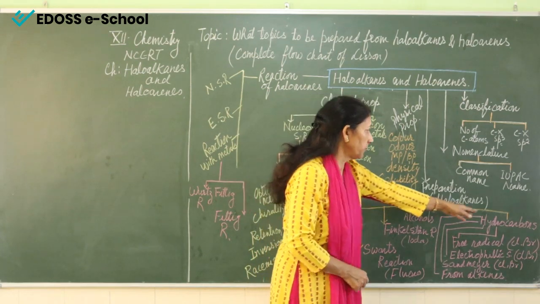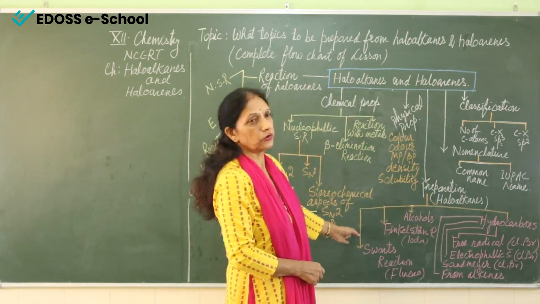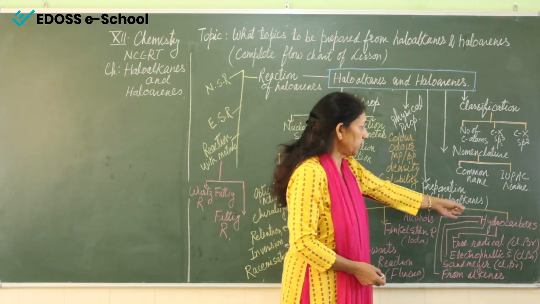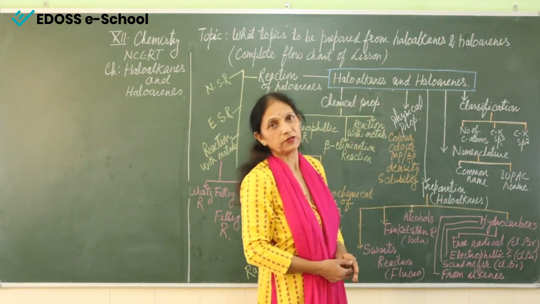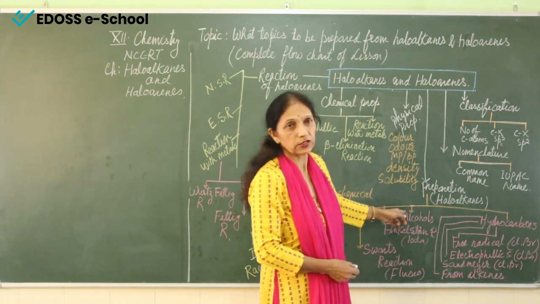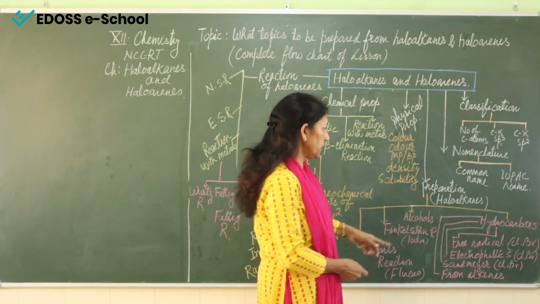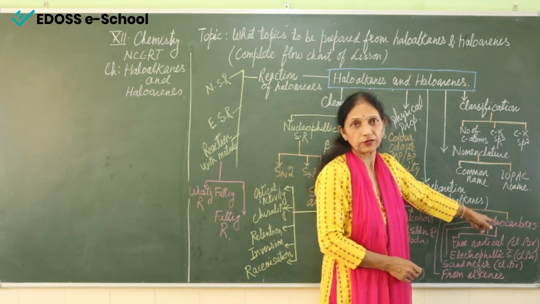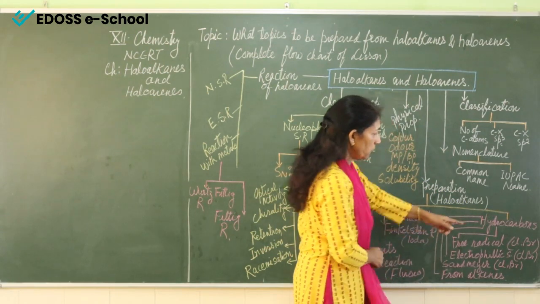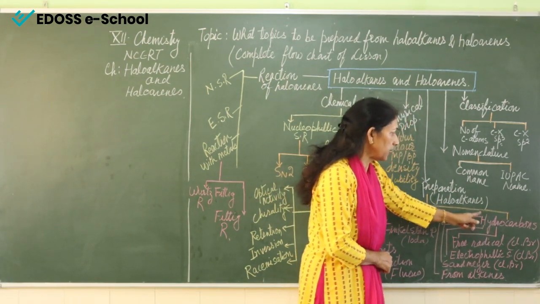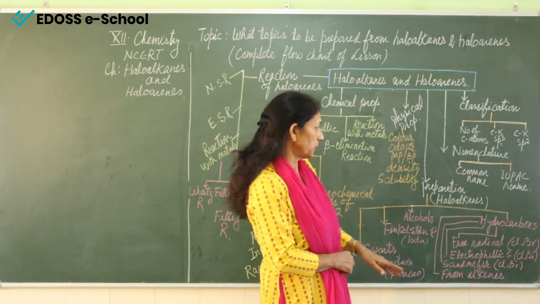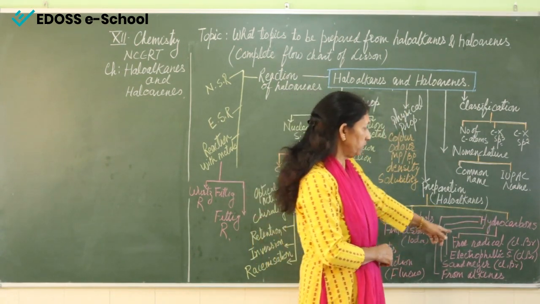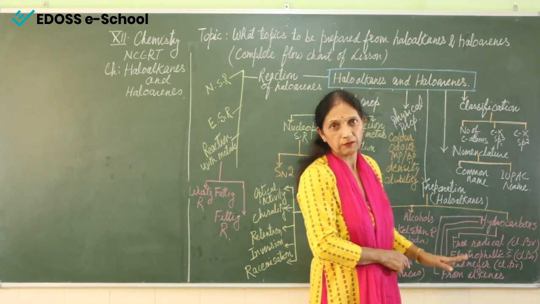So these are 1, 2, 3 and 4. These are 4 types, in which way we can prepare haloalkanes. So first is from alcohols. Okay, first method of preparation. Second is from hydrocarbons. Now from hydrocarbons again we can classify them into 4 types. First is from free radical. Only chloro and bromo haloalkanes can be prepared by this method, the free radical method.